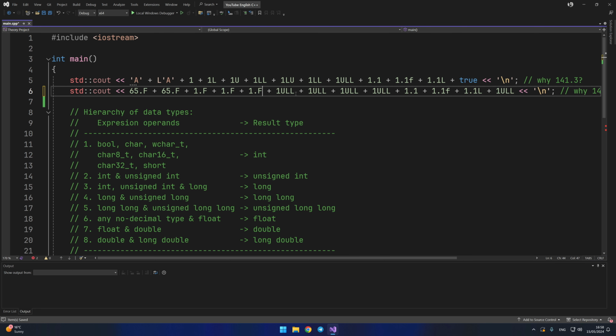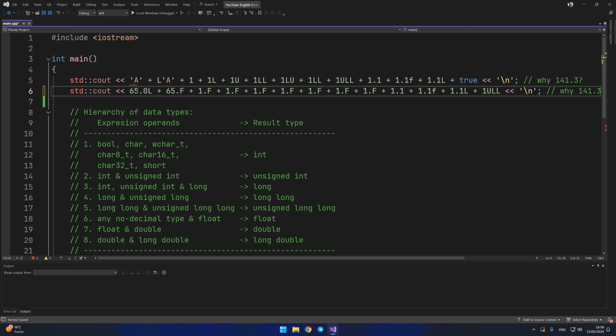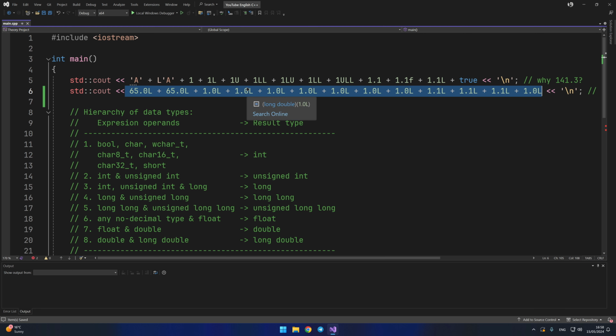But in the hierarchy of real data types, there is the following order: float, double, long double. Our expression contains a literal of type long double, which means all literals need to be converted to this type. Let's transform. Hooray! Now we have an expression of values of the same type and can easily calculate its value. It will be 141.3. We also know that this value will be of type long double. Here's an example of how the type hierarchy works.